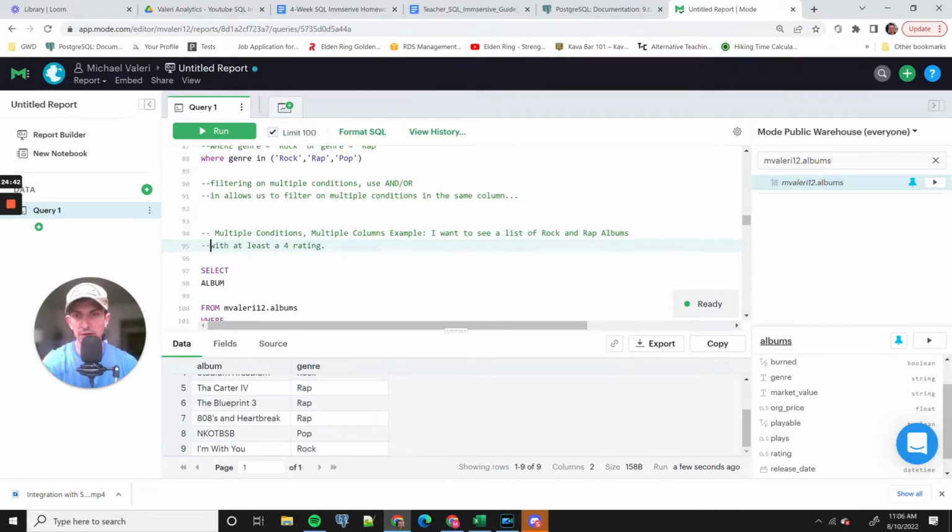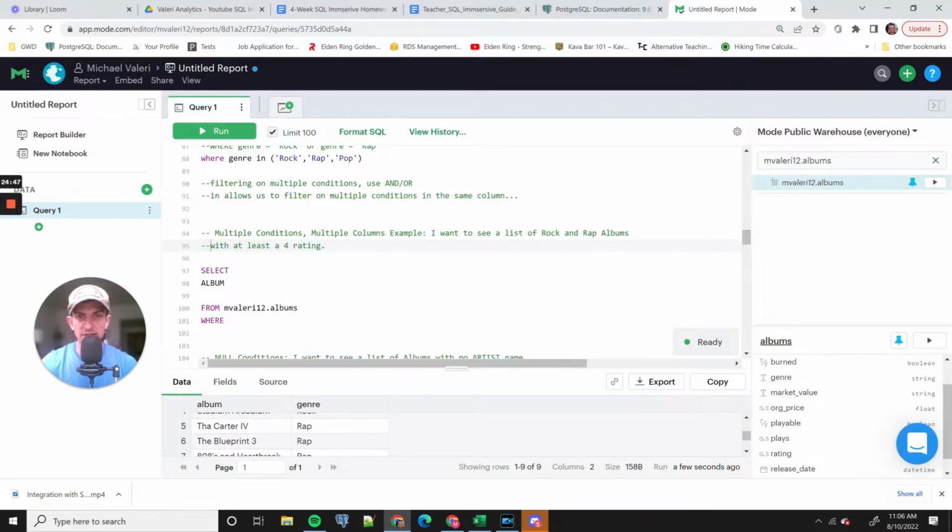This one's kind of hard to read, so I'm just going to put it on another line. It says, I want to see a list of rock and rap albums with at least a rating of 4. Multiple conditions again. Okay, let's start here. We want rock and rap still. So the genre in, multiple conditions, same column. Rock and rap can be found in the genre column, so let's use in. Where the genre is rock and rap,